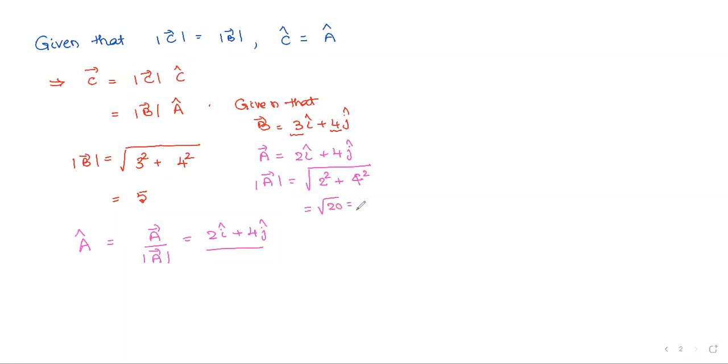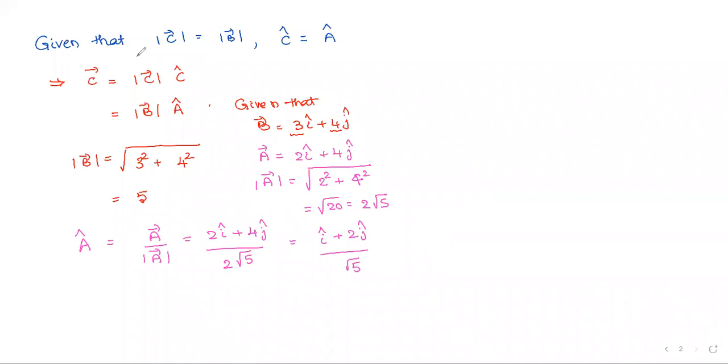Is it correct, Nana? Shall I write it like 4 into 5? 4 into 5 means 2 root 5. Yeah, 2 root 5, exactly. So that 2 root 5, I am going to substitute here. If I divide both the I coefficient and J coefficient with the 2, then I will get I cap plus 2J cap by root 5. Yeah, exactly, Srinidhi, you are right now. Of course, you are always right.